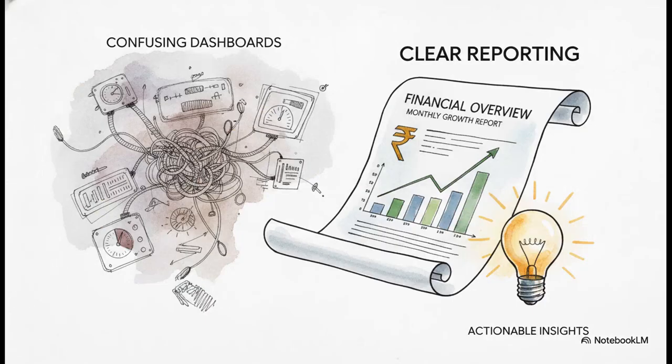And once you do hire them, you need to demand clarity. A really good agency isn't going to hide behind confusing dashboards that look like an airplane cockpit. They provide simple, actionable reports. You should fully expect to see the exact number of leads or sales generated, your specific cost per conversion, a crystal clear ROI and spend breakdown, and metrics that clearly show month-on-month improvement. If the report doesn't actively help you make a business decision, honestly, it's just not a good report.